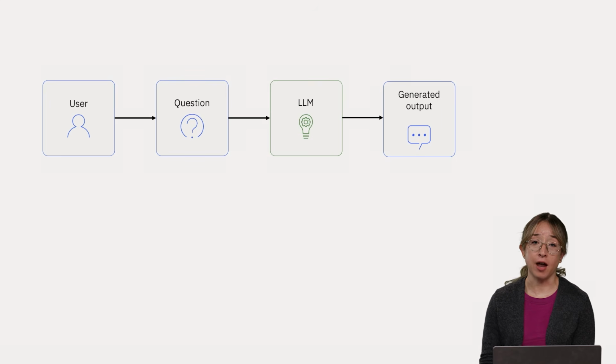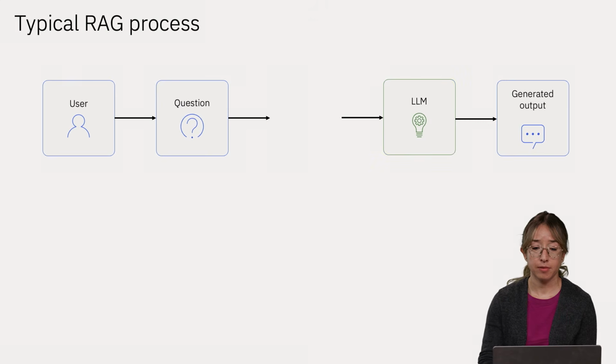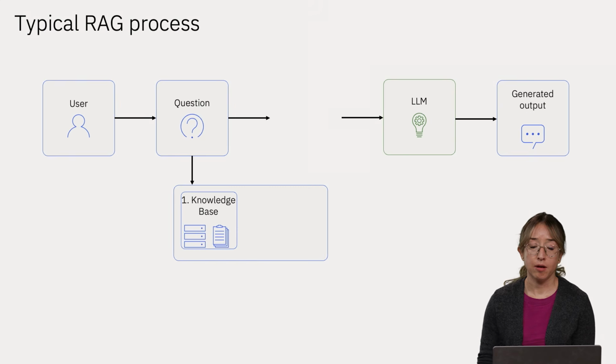Typically, we have our user asking the question to the LLM, which generates a response. But as you just saw, the LLM didn't have the right information or context to answer my question. So we need to add something in the middle, between the question and the LLM. First, we'll add a knowledge base to include the content we want the LLM to read. In this case, it'll be the most up-to-date content from IBM.com pages about some IBM products and announcements.